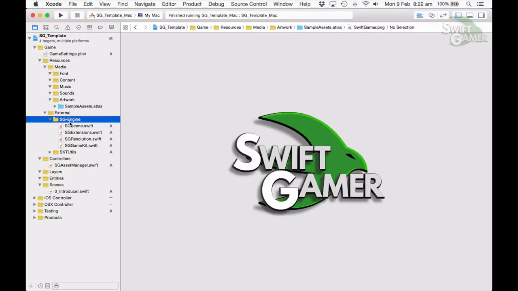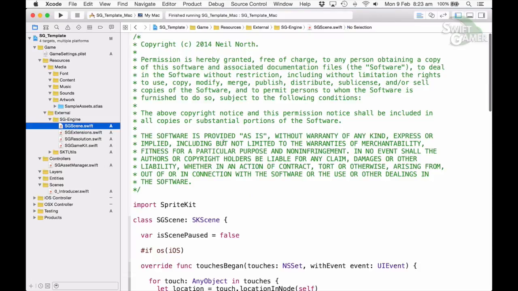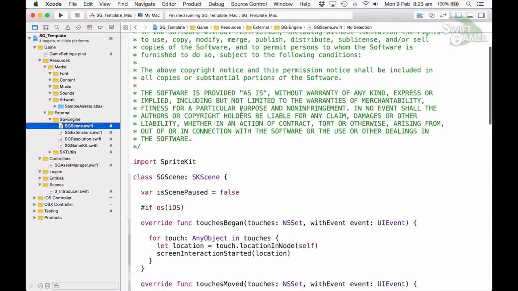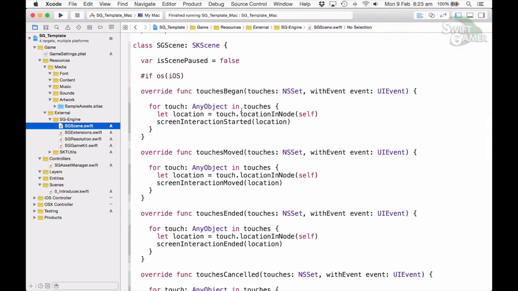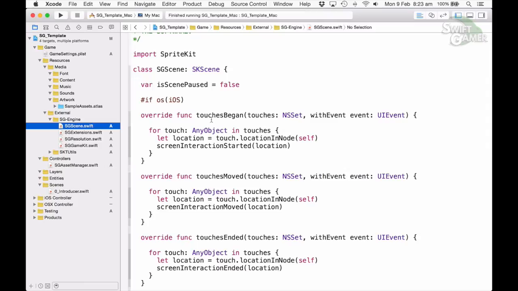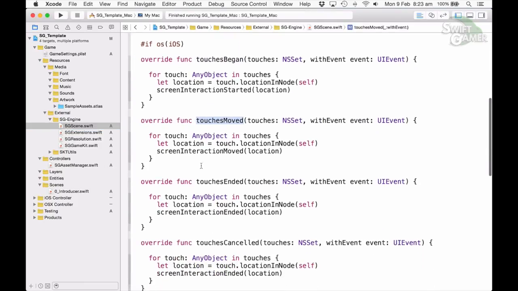Okay, so coming down here into SG Engine, these are classes that I've made to help you write your game and take some of the burden off of you. So you can add to these or modify these over time as well to bring in functions that you might want to use. To give you an example of one thing that I've done in here,